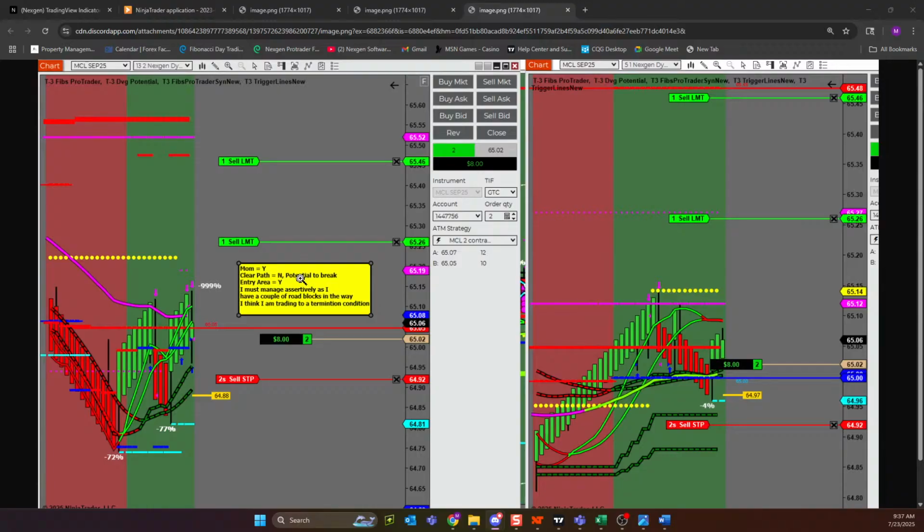But so you called it potential, right? It's not a clear path. It's the potential to break. It's only 2 triggers. And you say you think you're trading into a termination condition, but what you did, Victor, is you labeled it perfectly when you discussed your clear path. You are 100% right. It has the potential, but it's just potential. What does that mean? It means that it's okay to manage assertively, to get quick profits.